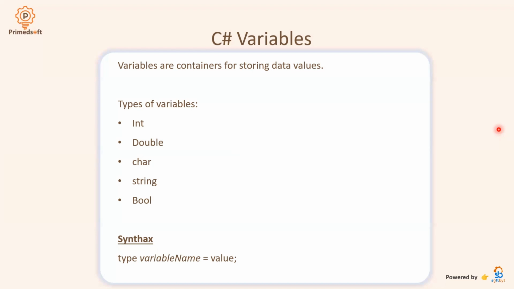The essence is I want us to cover as much as we can, and then we'll go into writing those codes in Visual Studio, because I don't want to be jumping from one screen to another, otherwise we'll get confused. Like I said, I've told us how we can declare our variables. To create a variable, you must specify the type and assign it a value. The syntax is: you put the type, you put the variable name, and then you give